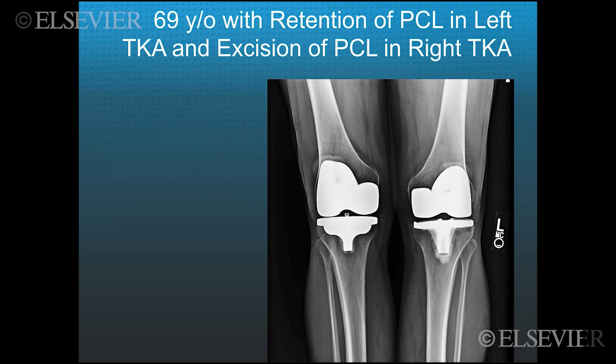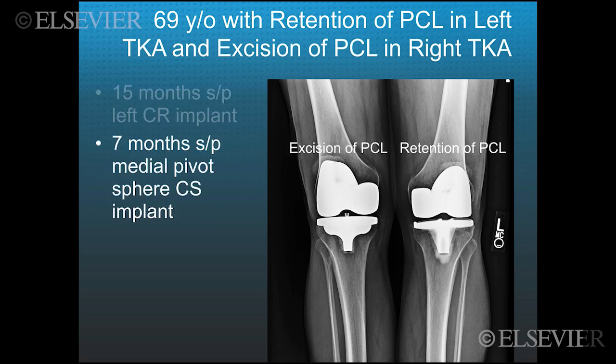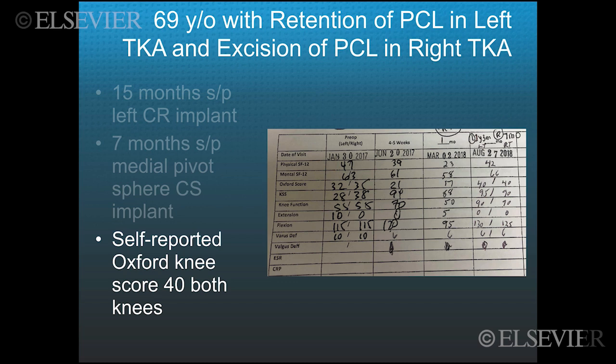We retained the PCL in his left knee, and we excised the PCL in his right knee. 15 months status post his left CR implant, as you see here, with retention of PCL. 7 months afterwards, a medial pivot sphere CS implant where we excised the PCL and did not adequately compensate for the increase in the flexion space. Surprisingly, the self-reported Oxford knee score was the same in both knees, so the patient was satisfied, but noticed some